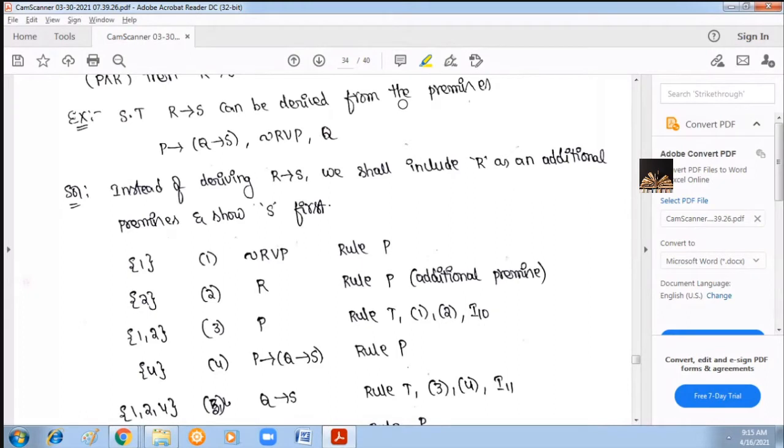Let us see one example. Prove that R implies S is derived from the set of premises P implies Q implies S, negation R union P, and Q. So here, you have to prove that R implies S is derived. So using rule CP,